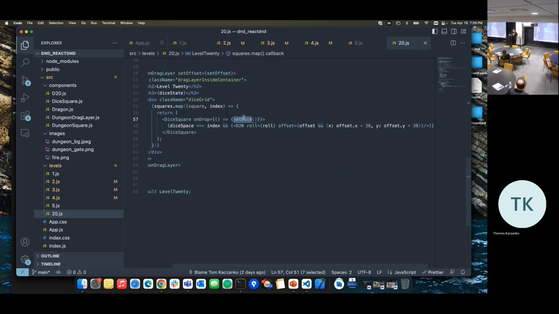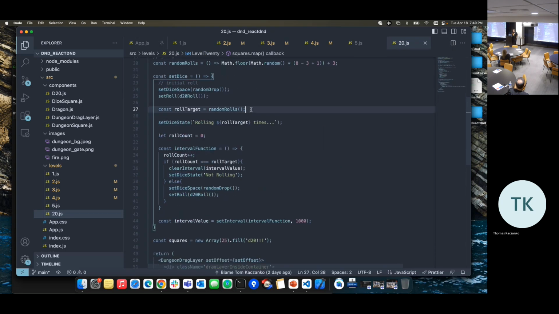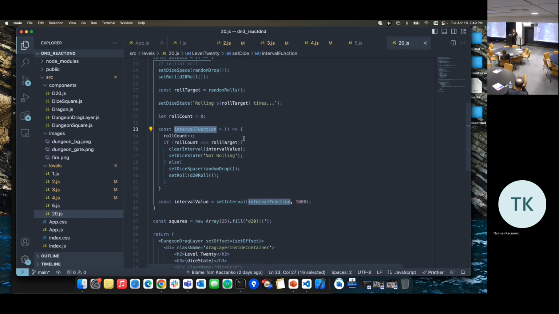So all set dice does is pretty simple. I mean, this is like high school programming. You're going to do something 3 to 8 times on an interval, set a couple states. I thought I would need to tell, and you could go create a custom backend, which might be overkill for this, but you can tell React-DnD, okay, when you get a drop,